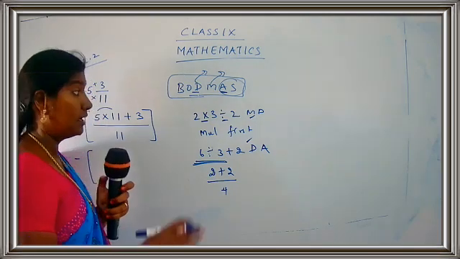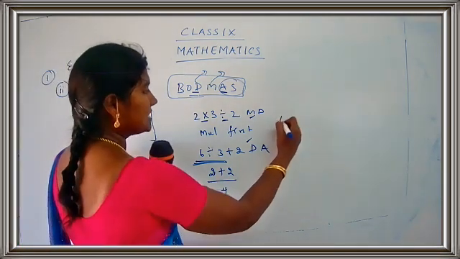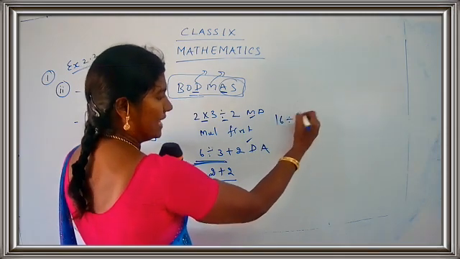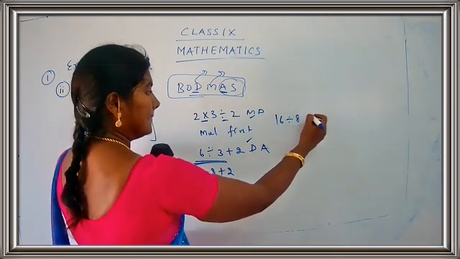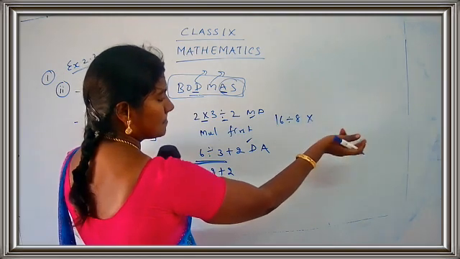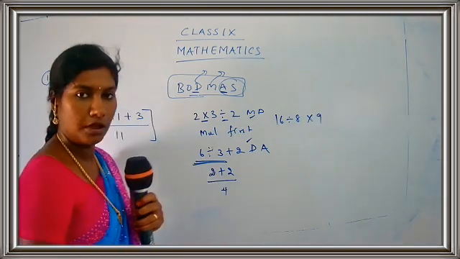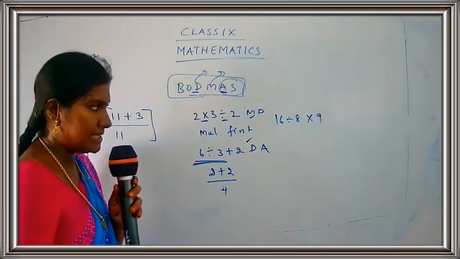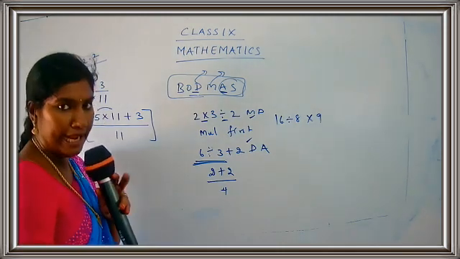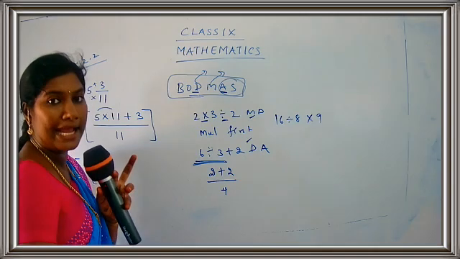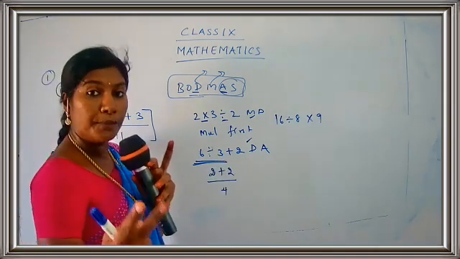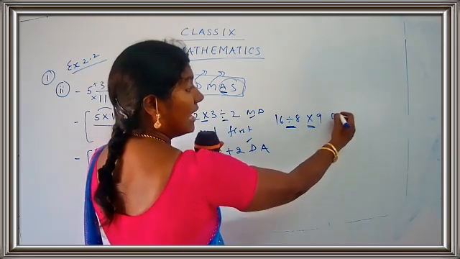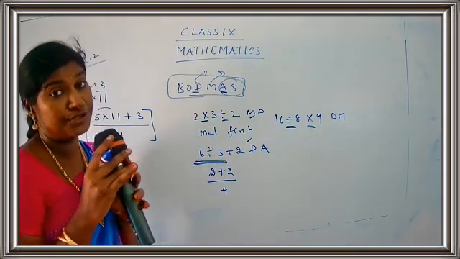First, division. If you have 6 divided by, okay, I'll just take some other number. 16 divided by 8 multiplied by 9. Okay. So I have taken the expression 16 divided by 8 multiplied by 9. So here what are the two operations used? This is division and multiplication. I have told you they are friends. So they are equal.